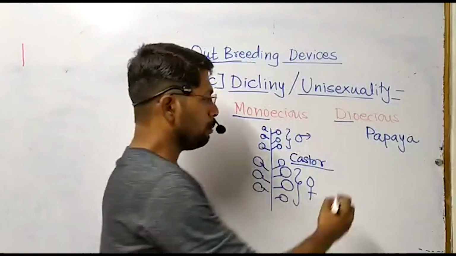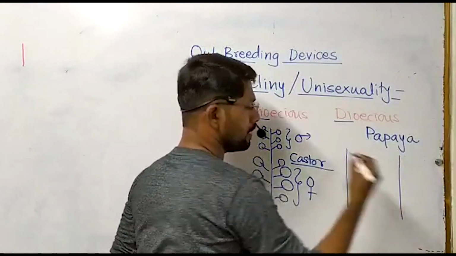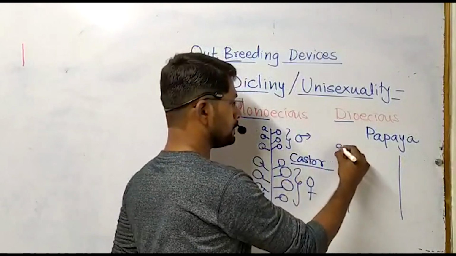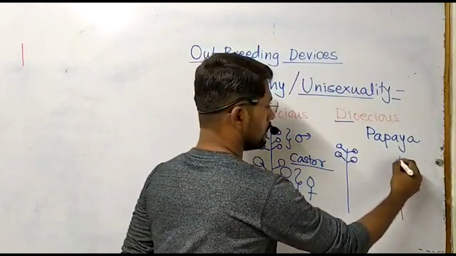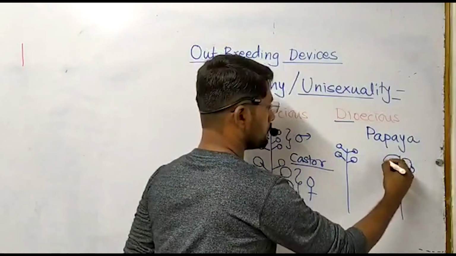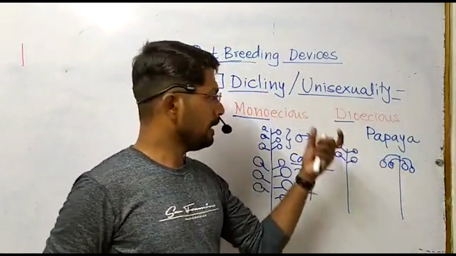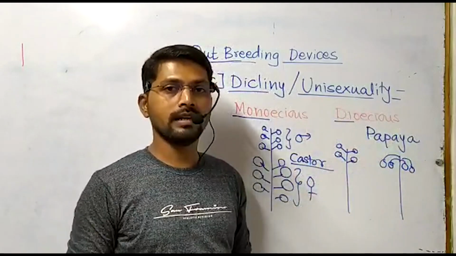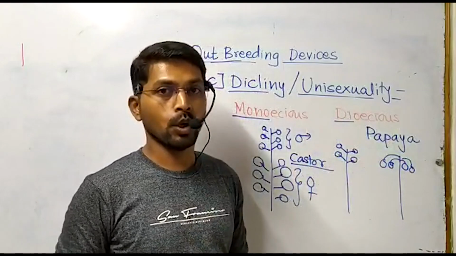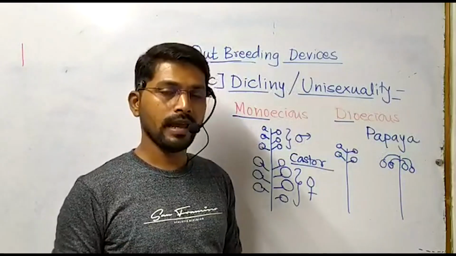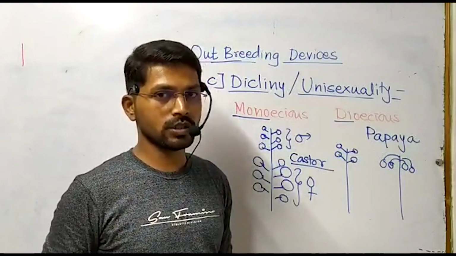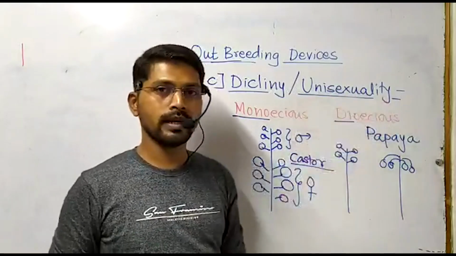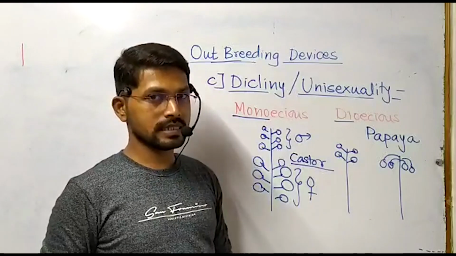In papaya, male and female plants are different. So on one plant there are male flowers and on another plant there are female flowers. And therefore, in case of dioecious condition, self-pollination, whether it is autogamy or geitonogamy, both are successfully prevented and only cross-pollination is followed. This type of modification is called unisexuality, or another term used for the same is